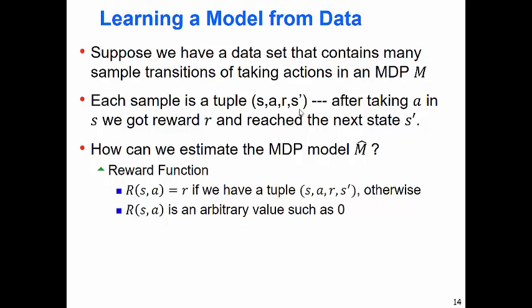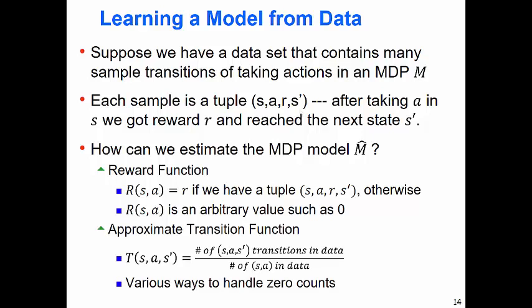So I was in state S. Our estimate for this, there's nothing complicated here. It's just frequencies. So what's our estimate of being in S, taking A, and ending up in S prime? Well, that's the number of times that you saw this tuple divided by the total number of times that you were in S and you took action A. Because every time you're in S and you take action A, you may end up at a different place. If it's deterministic, you'll end up at the same place, and your estimate will be 1.